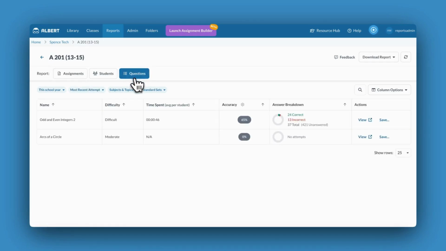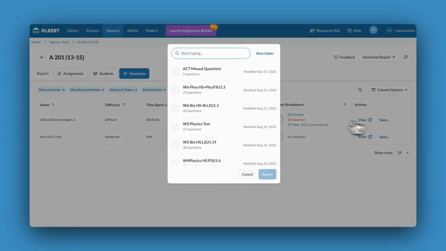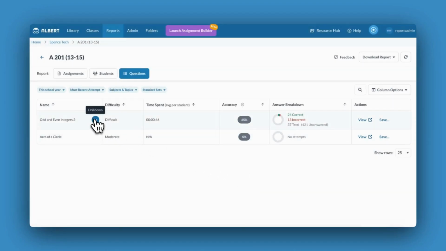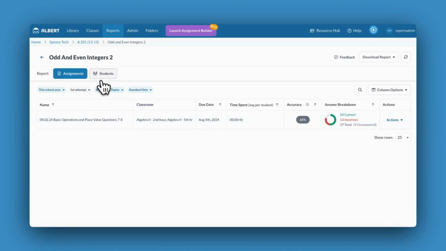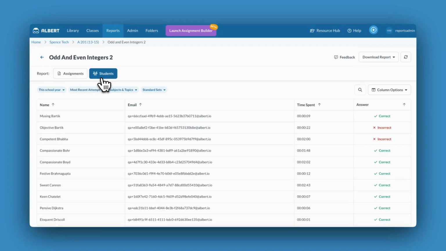Here, I could click View to see the question, or click Save to be prompted to save that question to a folder. I can also drill down into each question to view what assignments it was included in and how students performed on it. With the Pro upgrade, you also have access to the All